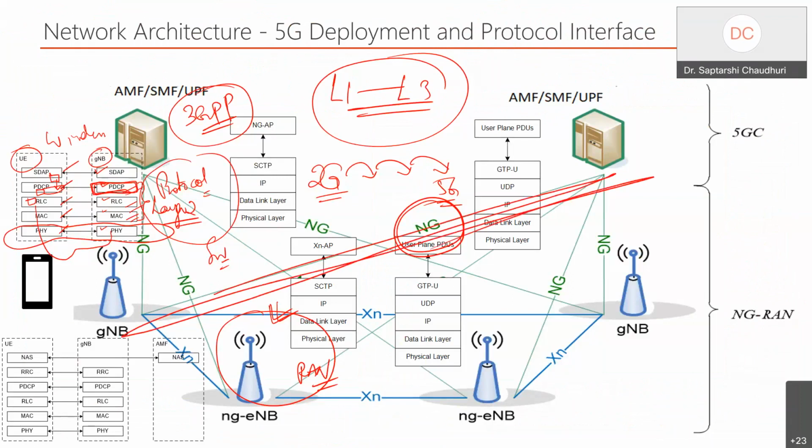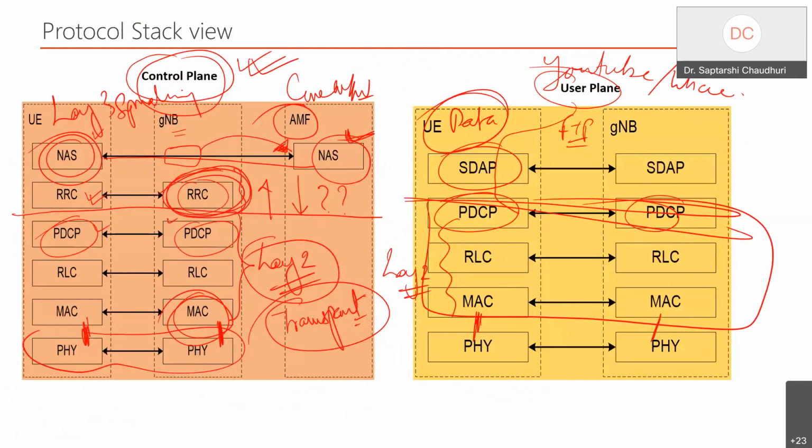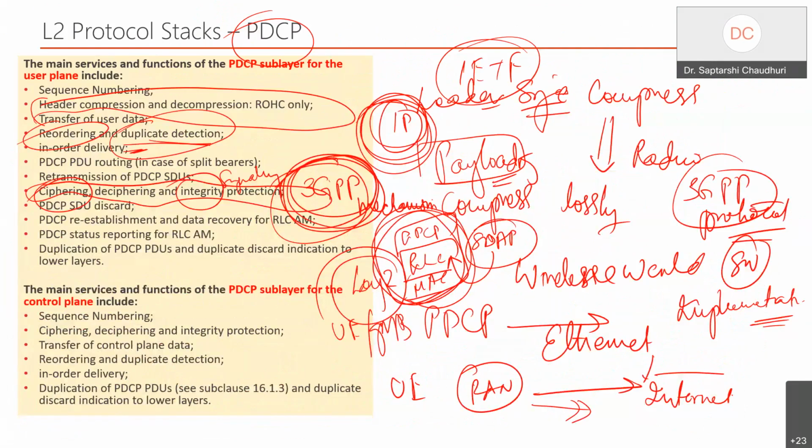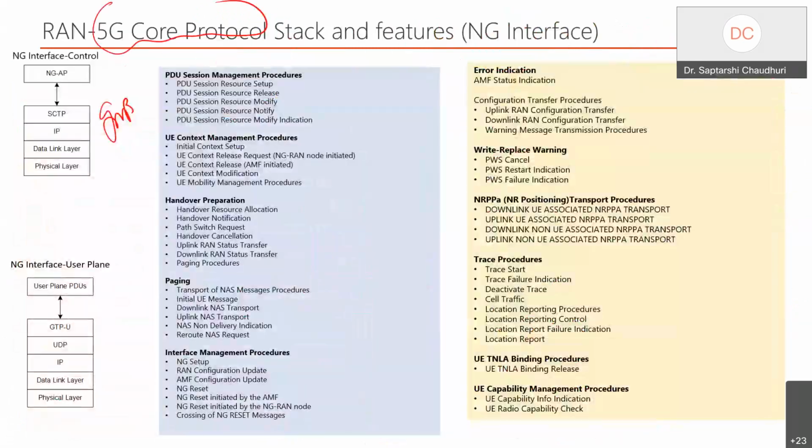So this is an interface protocol from 3GPP. Now this ensures that if I don't use this protocol, this vendor cannot talk to that vendor. There may be disparate vendors, but two vendors can talk because they are all talking the same language called the NG protocol. I don't want to get into the protocol details of it, but the NG protocol talks between the RAN and the core network.